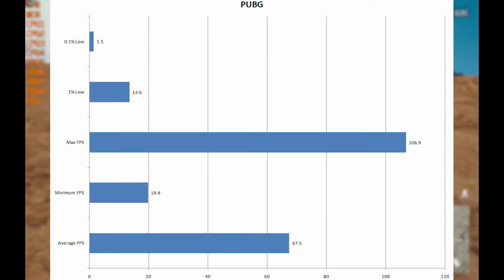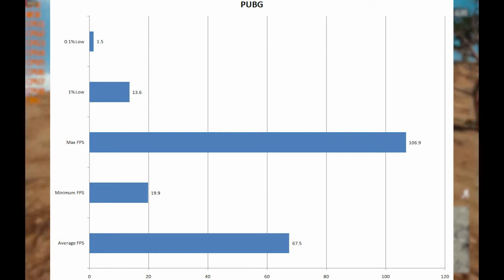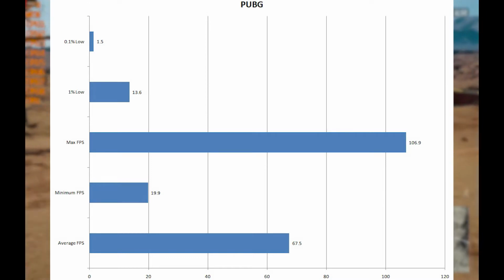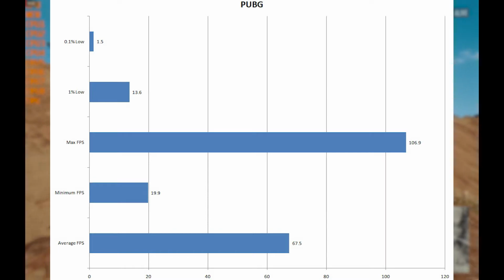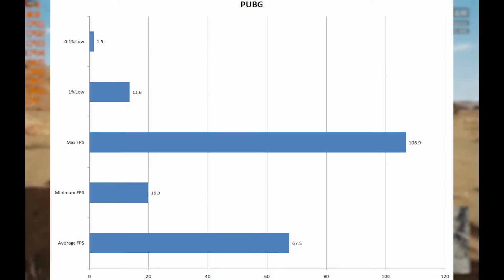And finally, PUBG. So we have an average frame rate of 67.5 FPS, so that's really great. We managed to stay above 60 on the average. The minimum frame rate of 19.9 FPS, a maximum of 106.9 FPS, 1% low of 13.6, and a 0.1% low of 1.5. Now that 1% low is just typical of Battlegrounds, especially in the starting area where everybody is all